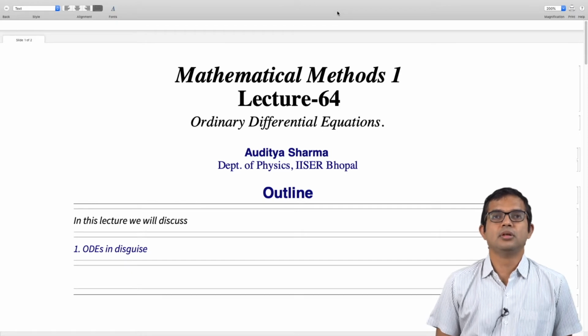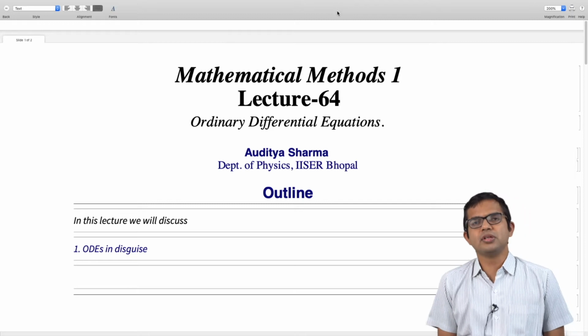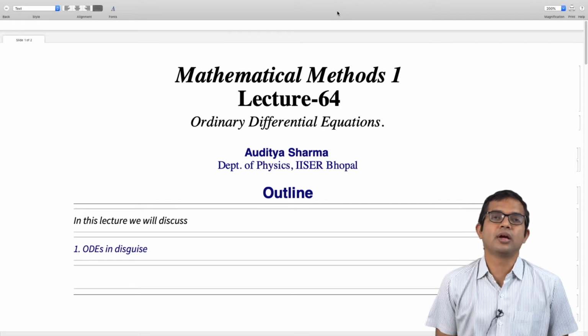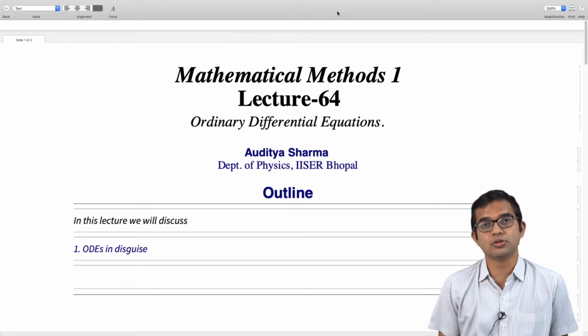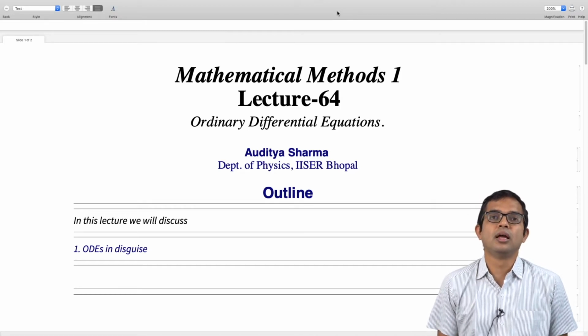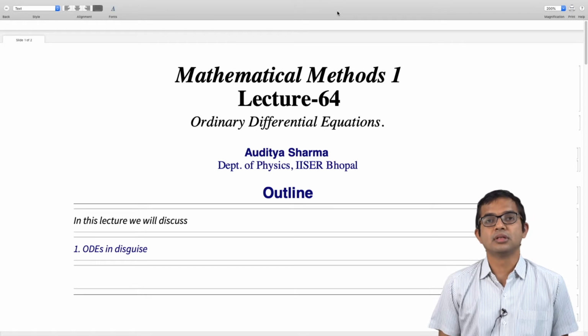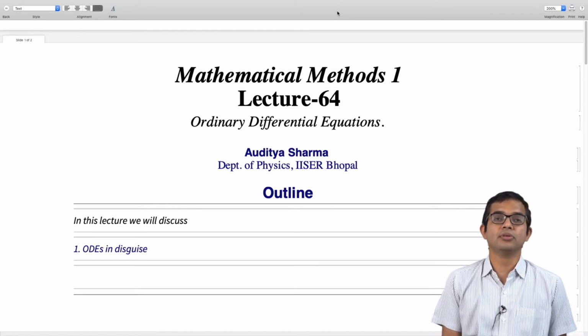We have seen the notion of an exact differential equation. We have seen how sometimes you would be able to find what is called an integrating factor, which can multiply a differential equation and make it exact. And we have seen the prescription for finding such an integrating factor if it's a first order differential equation which is also linear. And we've also seen how first order differential equations, even if they're not linear, can sometimes be solved with the help of clever transformations, right?